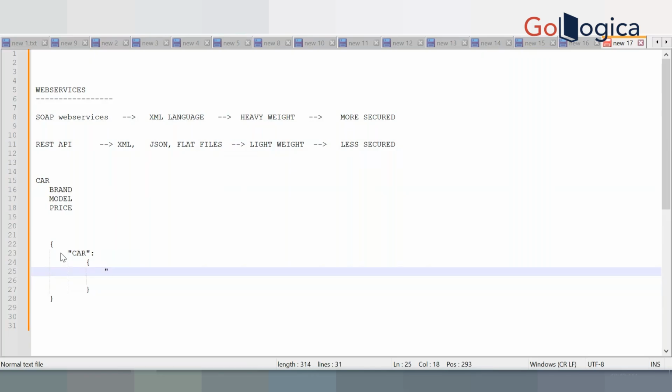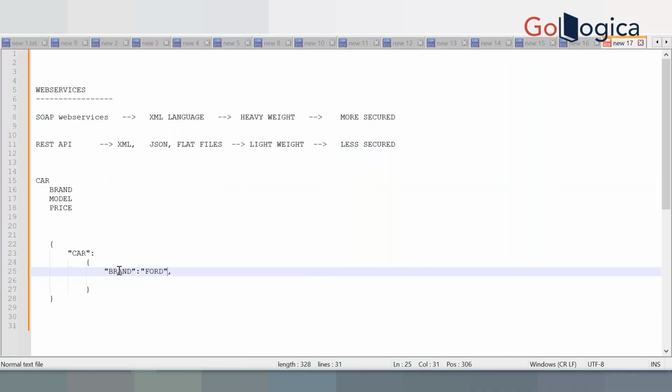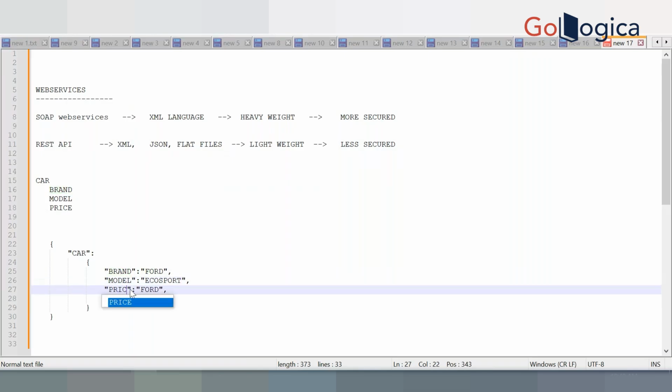Now brand, Ford; model, and price. If it is a number, there is no need to mention it in quotes.